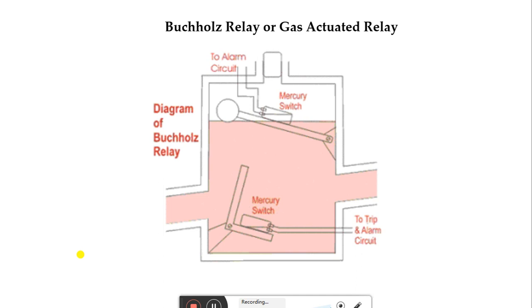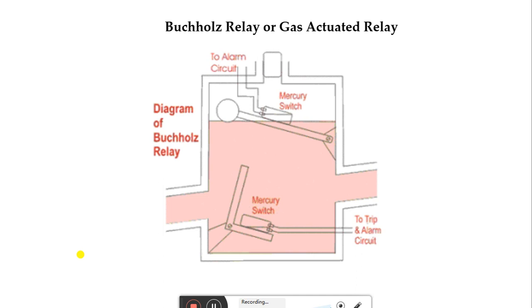Gases will be formed inside the transformer, and these gases will try to actuate the mercury switch so that the circuit will be closed and an alarm will be extended, so that the rest of the circuit can be isolated from the faulty element. So this is the well-known